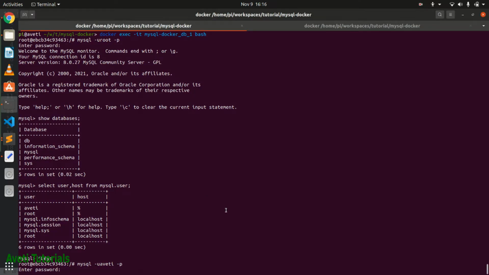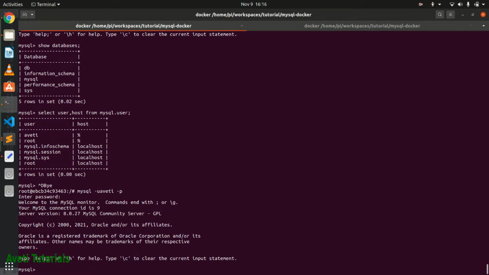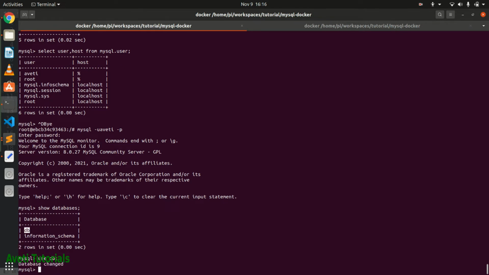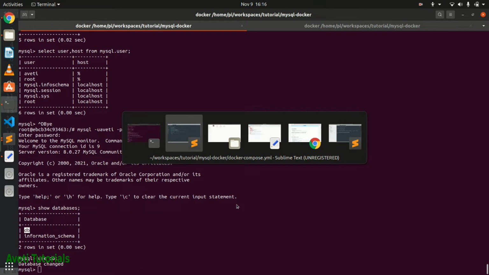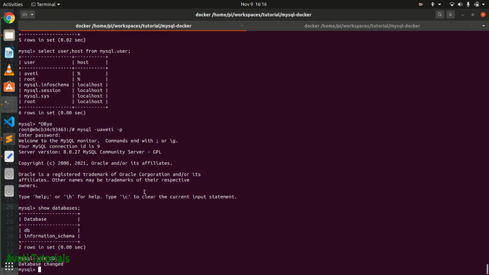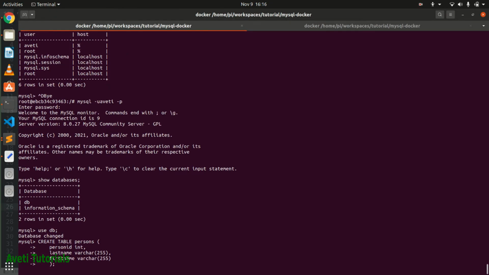So we log in with the AVT user and give the password. And we'll view the databases for this user also. And you see the DB database has been created under the AVT user. So you'll also view the tables,